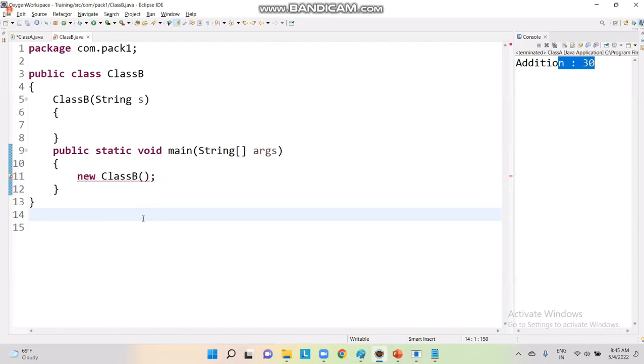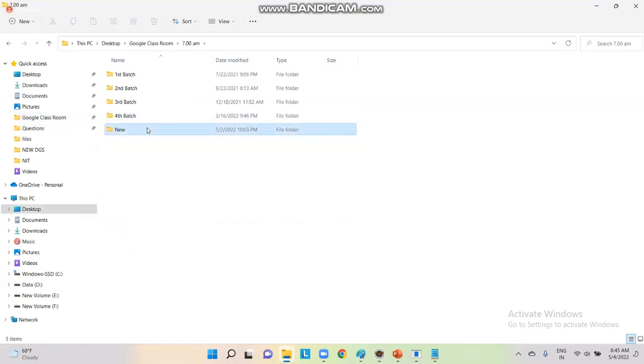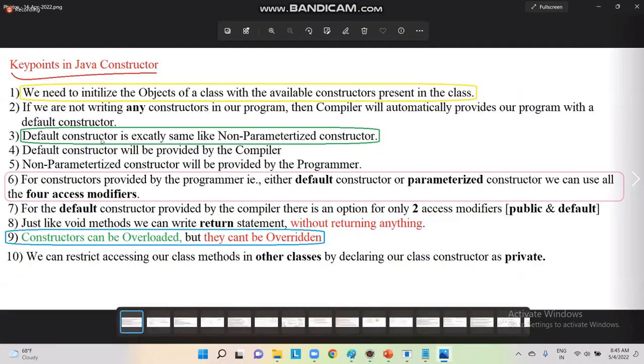Guys, in constructors, I told you a point. We need to initialize the object with the available constructors present in your class. Did you remember that point? It is there in the key points, guys. Where is this constructors topic? 14th April, I guess. What is the first point, guys? We need to initialize the objects of a class with the available constructors present in the class, that is the first